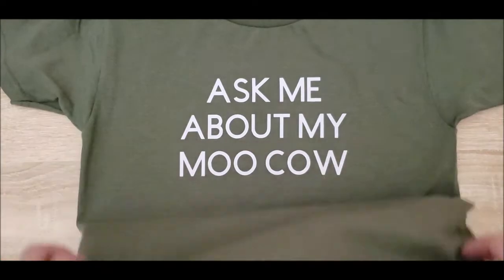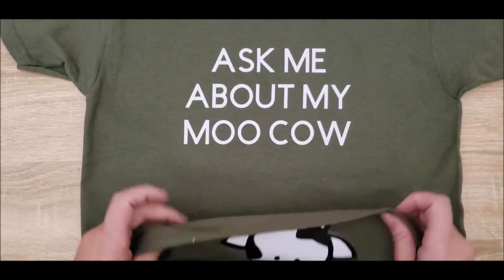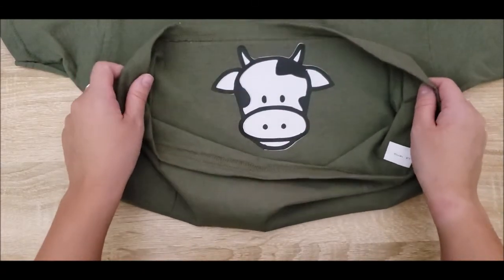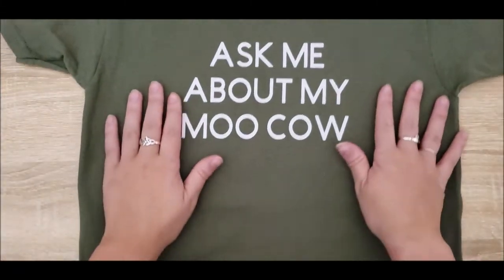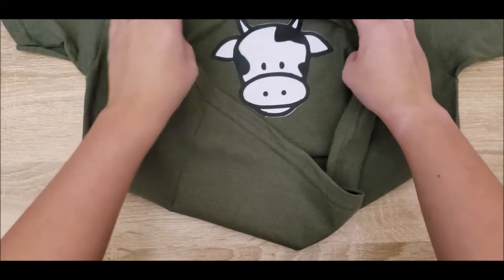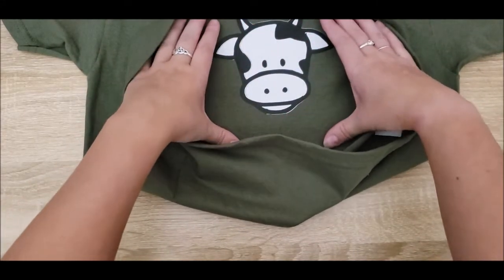But oh man, it's cute. I'm so excited to see my nephew wear this. He's still not quite talking yet, but I'm really hoping we can get him to say animal sounds sometime soon, and then he can show us his moo cow and he can say moo, and it will be the cutest thing in the world. Well, yeah, honestly, ironing on 2 layers of HTV is super easy,